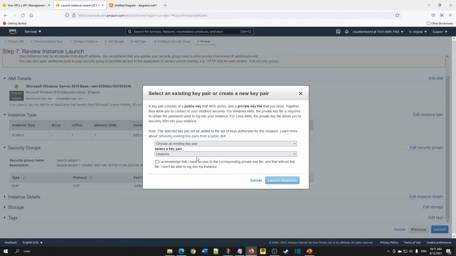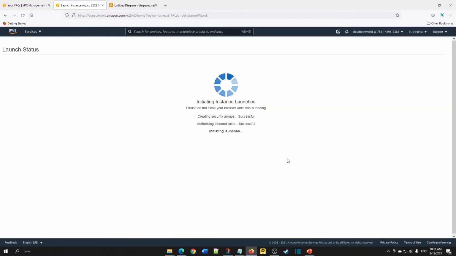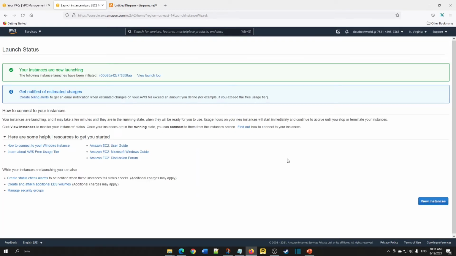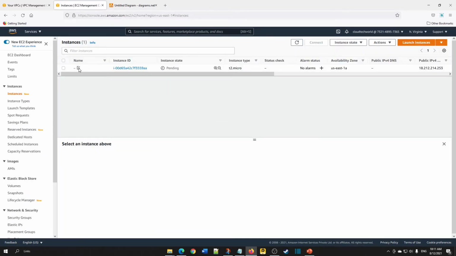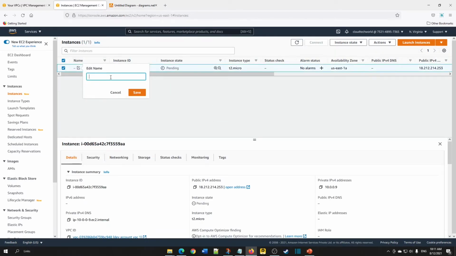Now click launch. If you don't have a key pair, click create a new pair and save it. Click on launch instance. I am going to name this Windows jump box.